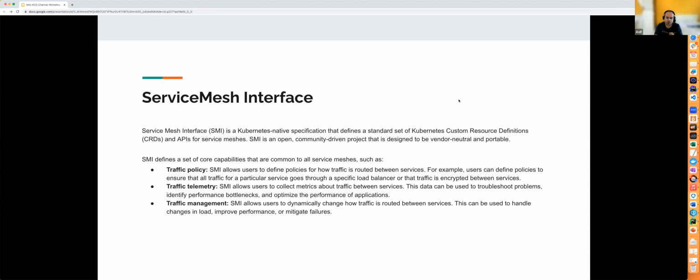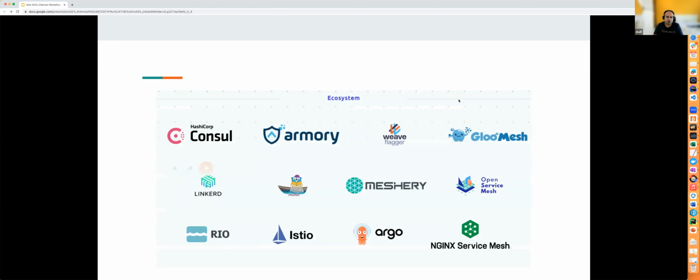SMI only caters to Kubernetes, and it is built on custom resource definitions. It has different CRDs which help to configure these policies. In the current ecosystem, all of these service meshes use SMI standards.